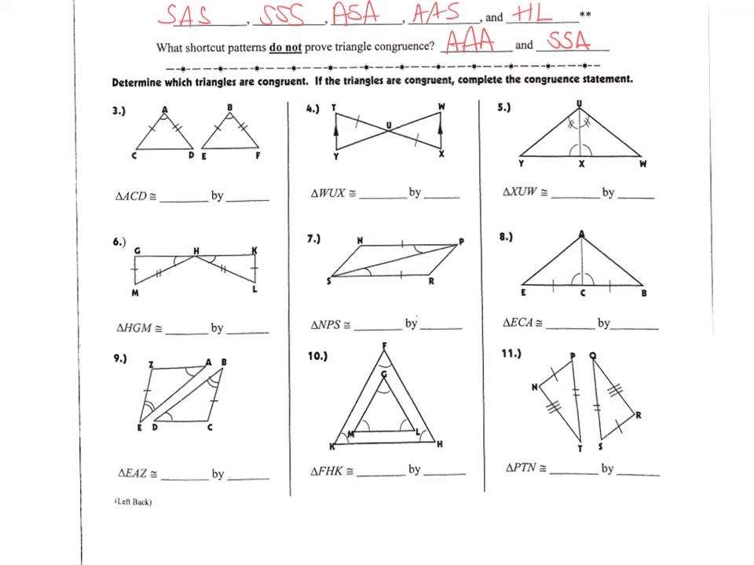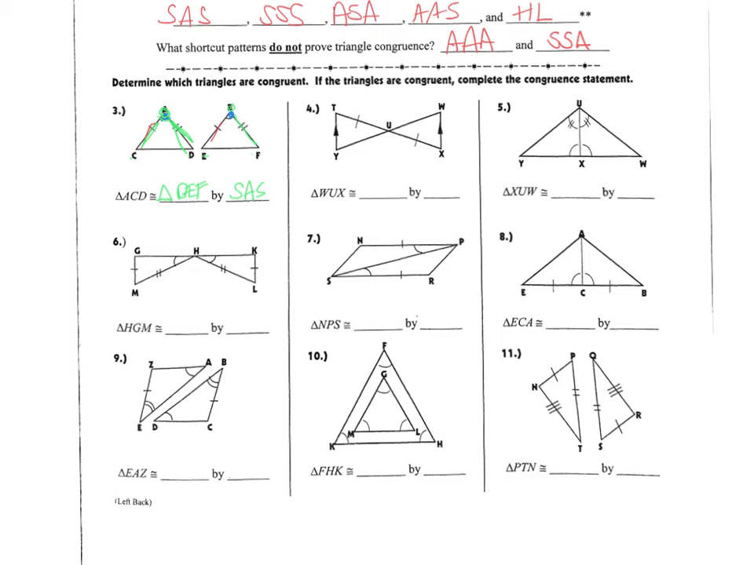And if we look here at our first one, we have a side, and then we have an angle, and then we have a side. So yes, triangle ACD is congruent to triangle BEF. And we want to make sure that if it went from A to C to D, then we needed to go B, E, F, and that is by side, angle, side. It has a side and an included angle. Okay. If we look at number 4,